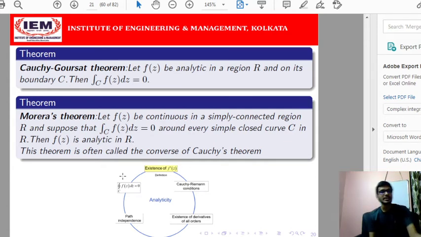That means if the function is analytic, these implications are cyclic: if this happens, this will happen. If I consider that the function is analytic in a particular curve and I change the curve, the value of the integral will still be 0. That means it is path independent. If it is given that the function is analytic within and on that closed curve, then it will satisfy the Cauchy-Riemann equation and all the partial derivatives will exist. And if this exists, then we can prove that. So all these things are cyclically shifted if I know that the function is analytic.